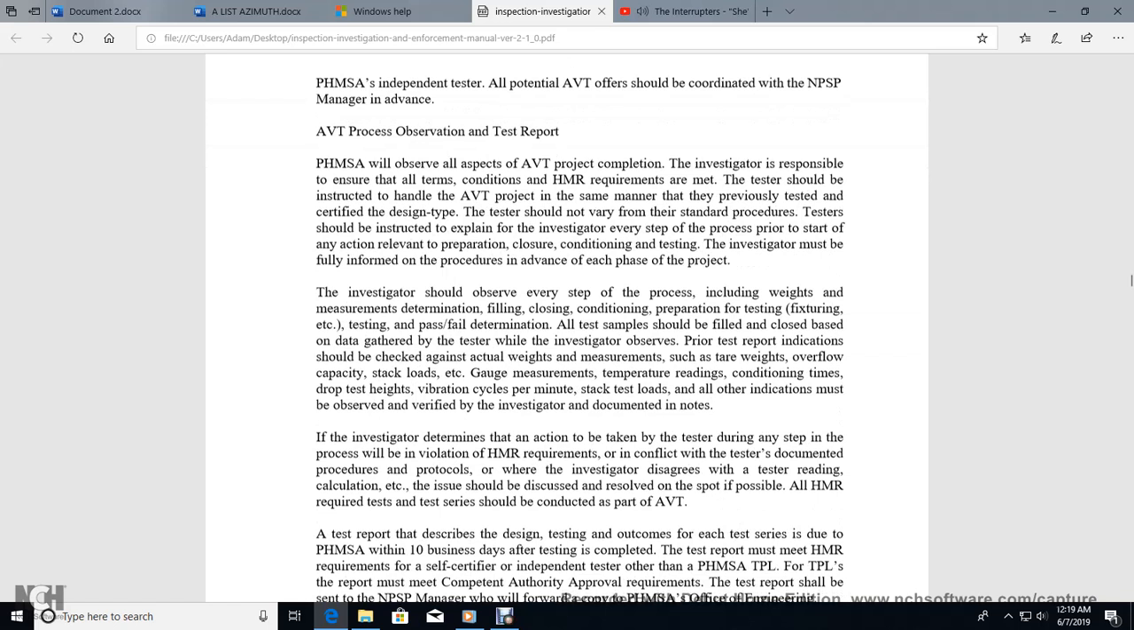The investigator should observe every step of the process, including the weight measurement and determination, the additional preparation of the testing fixtures and accessories of the testing, and the pass or fail determination. All test samples should be filled and closed based on the depth gathered with the test, as observed by the investigator. Prior to the test report, indications should be checked against the actual weight for the measurement